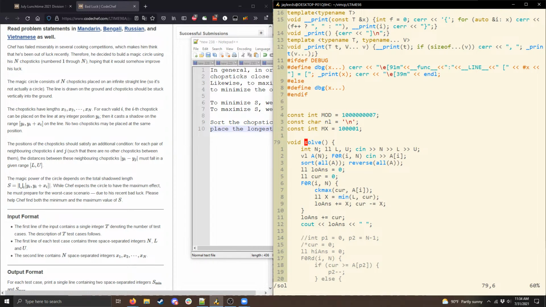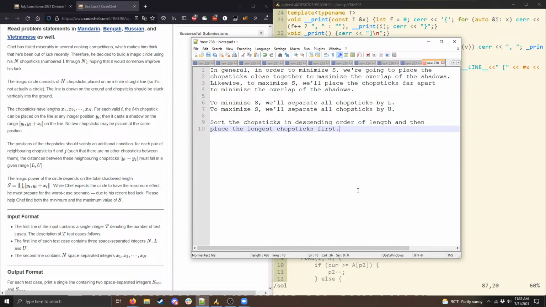So that's how I handle the low case, and I'll go through my code for that right now. What I do is I sort, and that sorts them in ascending order, so I reverse to get descending order. Then I maintain my low answer, and cur stores the current length we have left that's going to be overshadowed past the current position. Afterwards, I either subtract out L before we move on to the next position, or if we have less than L length left, then I just subtract out all of cur, add that length of shadow to the answer, and subtract it from the current amount of shadow we have left.